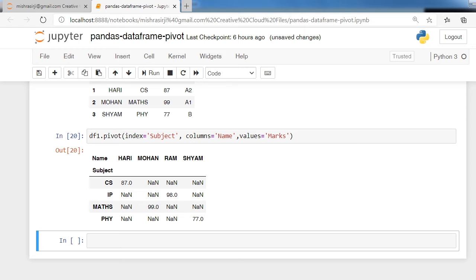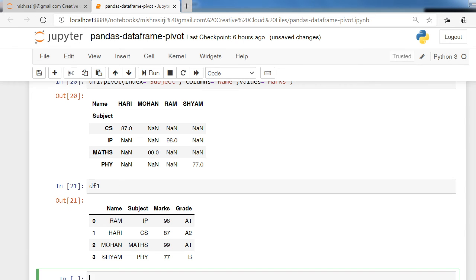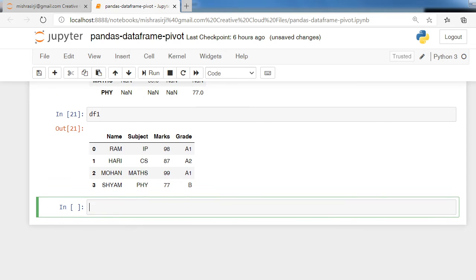Now what is the limitation of the pivot function? You can see we have this data frame d1. This data frame has 4 records.